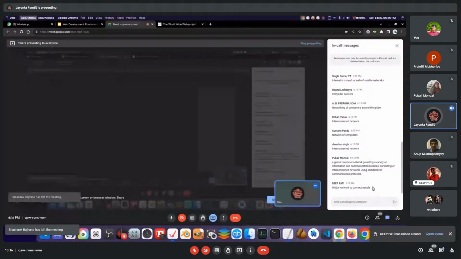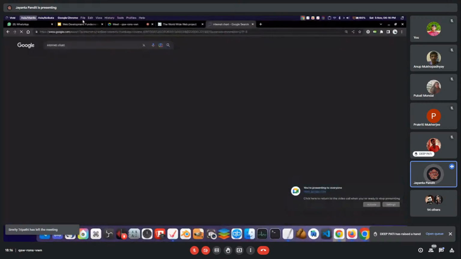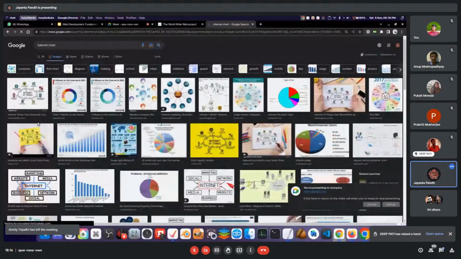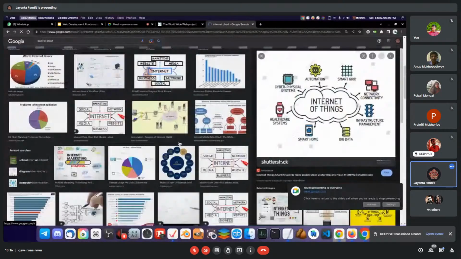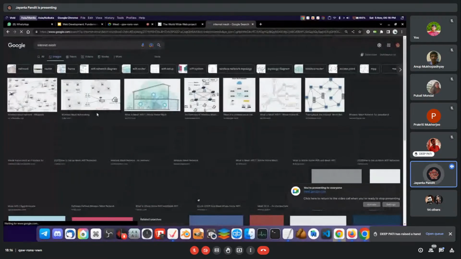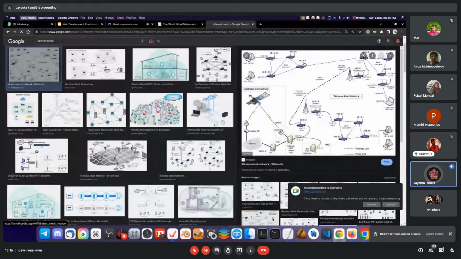So internet में nodes होते हैं, है ना। What is the internet? You know, like nodes क्या होता है? Nodes मतलब end point, मतलब beads, little dots. If you're thinking of the internet, you can represent it using dots, an internet mesh. ये एक इंटरनेट है ना। This is a representation of an internet. तो देख रहे हो, ये सब, एवरी डिवाइस ऑन दिस नेटवर्क, इसको हम लोग नोड्स कहते हैं, ठीक है।